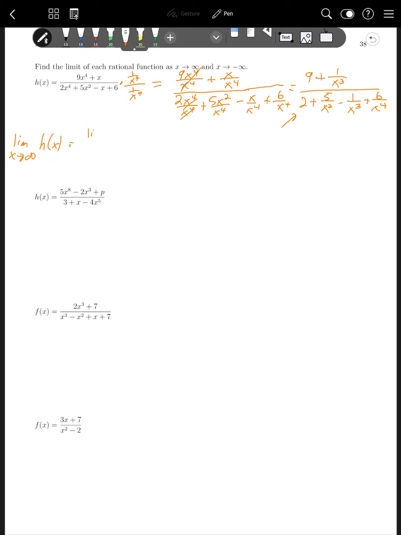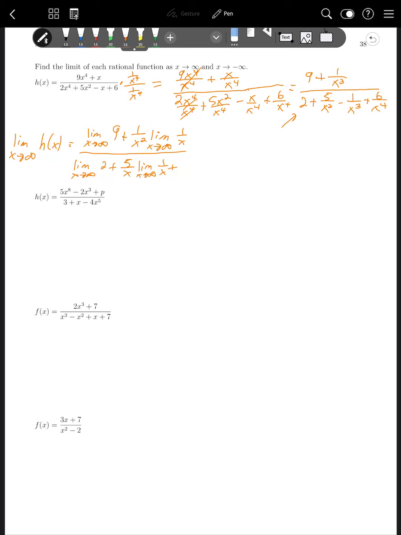So this would be the limit as x approaches infinity of 9 plus 1 over x squared times the limit as x approaches infinity of 1 over x. Notice I split this function into two pieces, one that I know the limit of times one I don't know the limit of. That's using our product rule for limits, one of our limit laws. And I can do the same thing on the bottom: the limit as x approaches infinity of 2 plus 5 over x times the limit as x approaches infinity of 1 over x